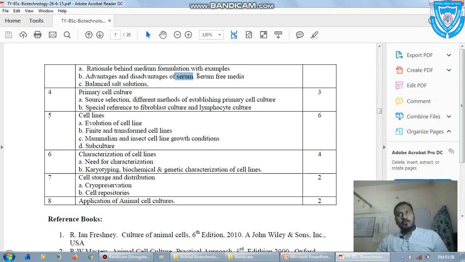We are not going to use human serum for our animal tissue culture work or experimentation, because human serum is too costly, and we use human serum only for clinical purposes, like where we are growing some animal cell lines for a particular pharmaceutical purpose or for some economic purpose, where we are observing a particular outcome from the cells, whether they are producing particular antibodies or not. For that purpose we need a very specific media and the exact mimic condition of the human body. So on that scale only we can use human serum.